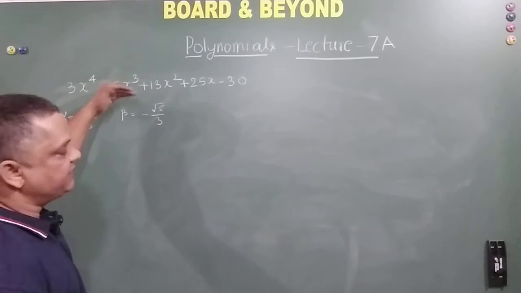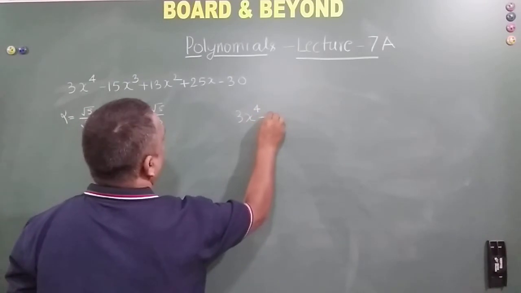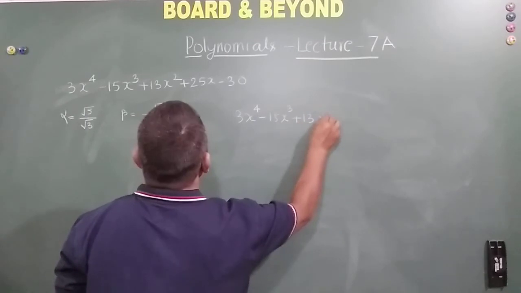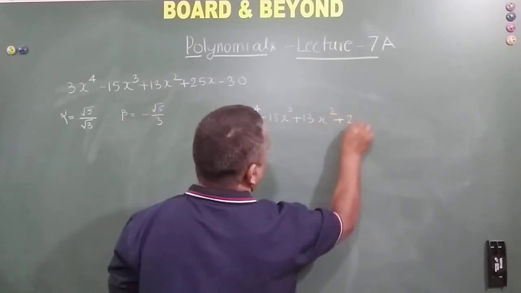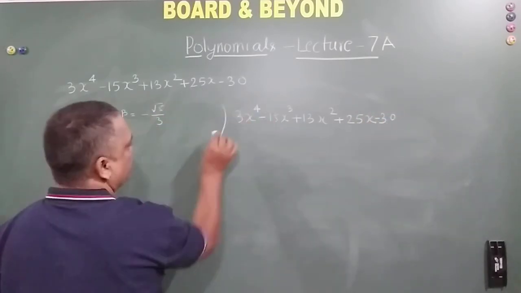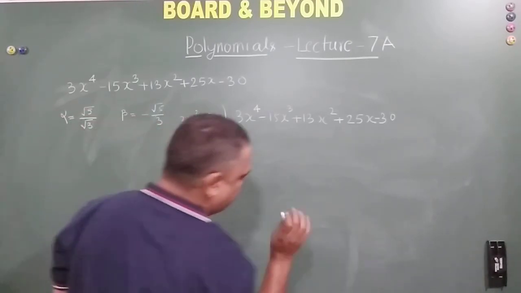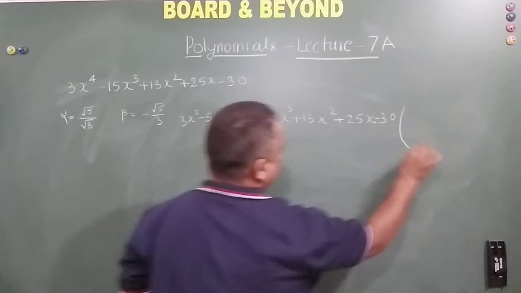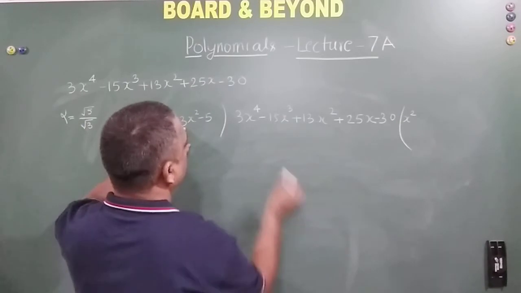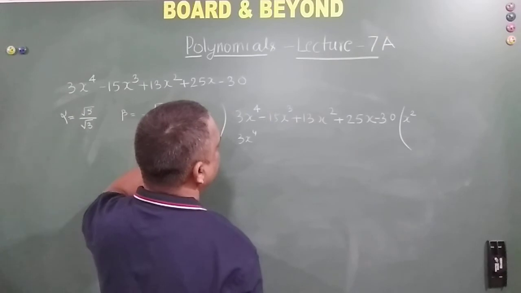What I am going to do now is that I am going to use the division algorithm. So 3x raised to power 4 minus 15x cube plus 13x square plus 25x minus 30. I am going to divide it with 3x square minus 5. This is what we got here. Okay, let's do that. So this is x square, right friends? So x square is nothing but 3x raised to power 4, and this leaves me with